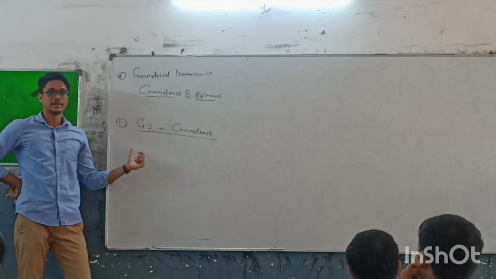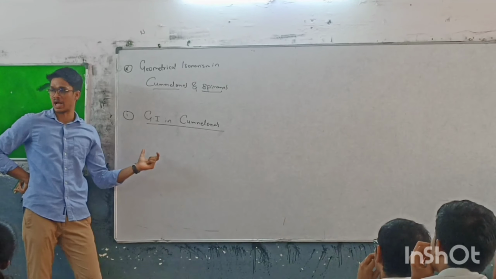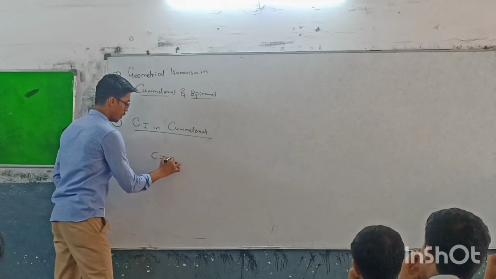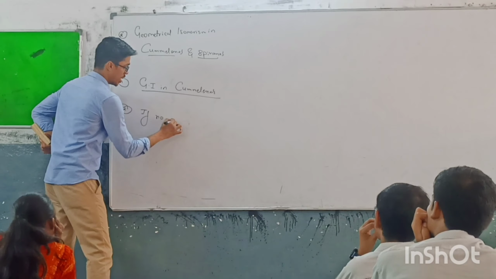Cumulenes and spirals. What are cumulenes? These are compounds having continuous double bonds. For example, like this: C double bond C double bond C. The number of double bonds